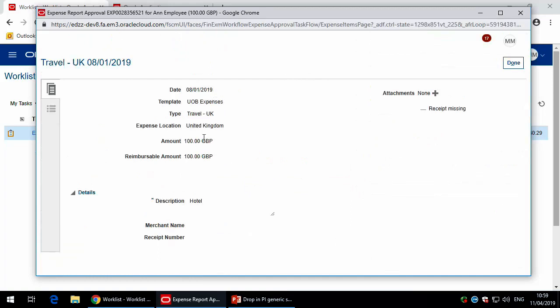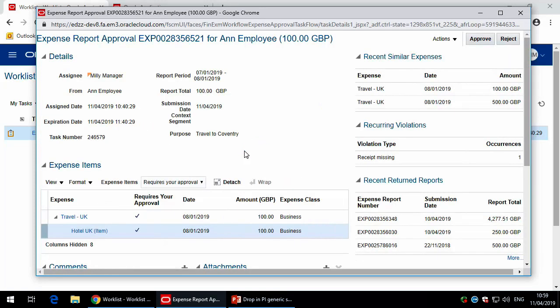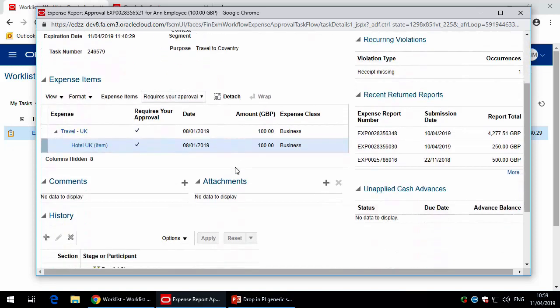You can see the amounts. Oh, it was a hotel. So you can see those details if you really want to. If there was an attachment in there and a receipt, you can view them, but obviously you wouldn't necessarily be perhaps interested in that. Then you also have the comments, and you also have the attachments in here, so it